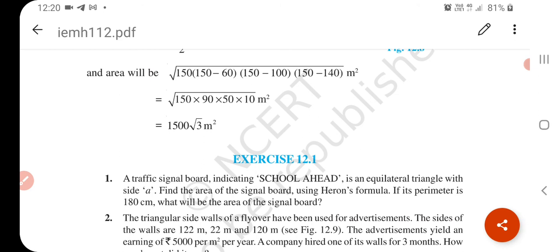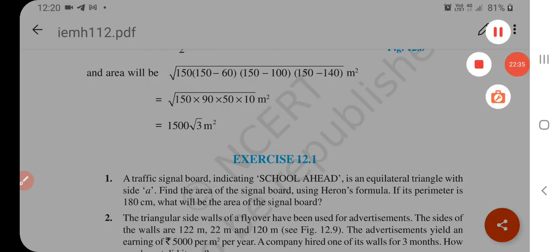Okay, so this way we complete Heron's formula. This Heron's formula is used to find the area of any triangle, where s is equal to the semi perimeter. And how do we find the semi perimeter? When we divide the perimeter by 2, we get the semi perimeter. Okay, understand? So complete these 3 examples which we did today, and this is our Heron's formula. Okay, so remember it. Have a good day.